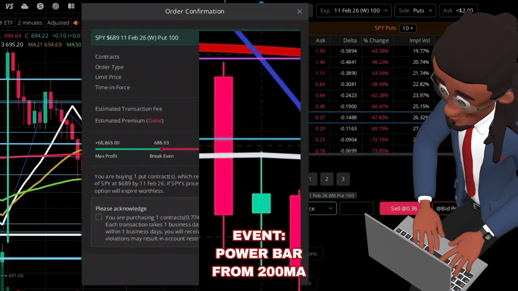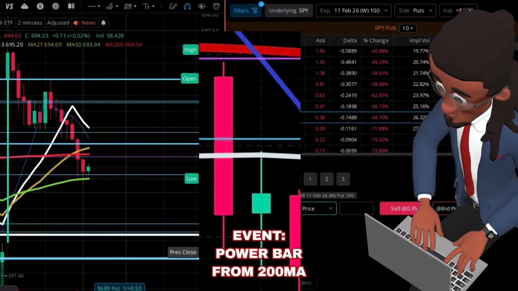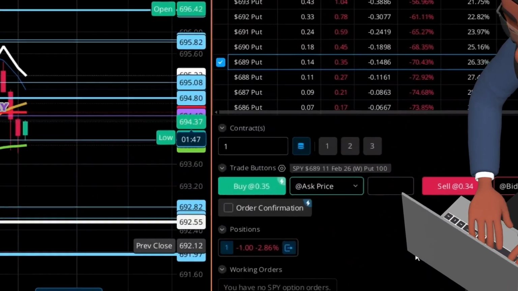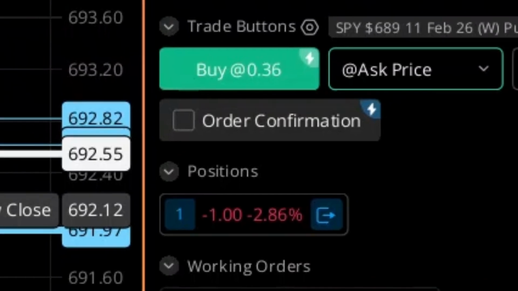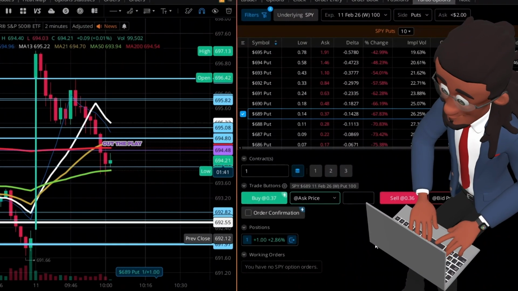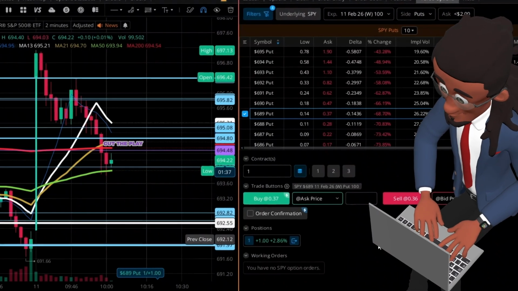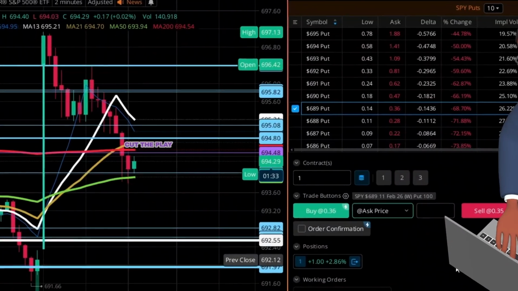Now, why did we switch? Because this event is an event that I'm more confident and comfortable with. I like a power bar from the 200-period moving average more than I like the power bar coming from the 21-period moving average. All right, so we jumped into 689 put on the SPY, and we are looking for continuation